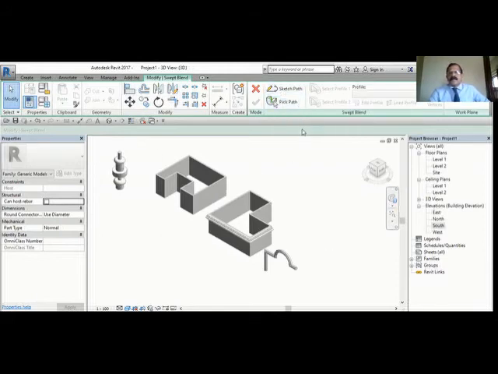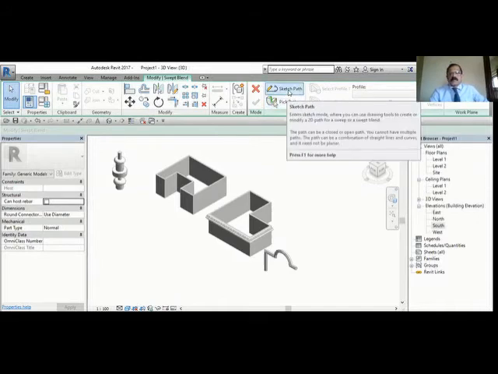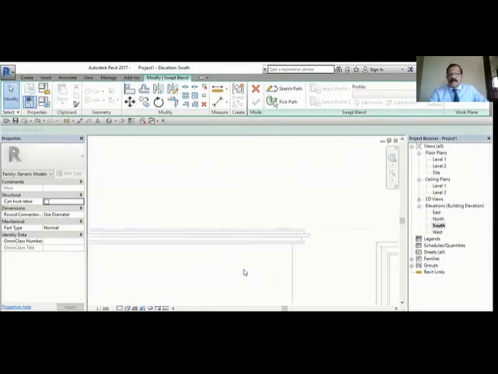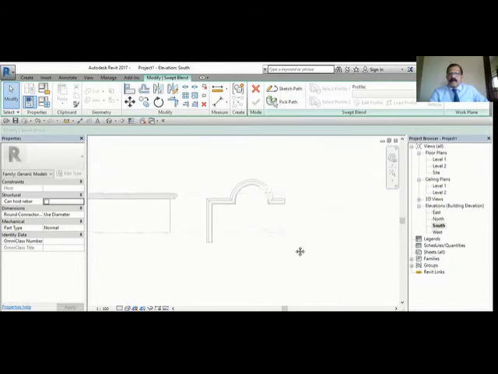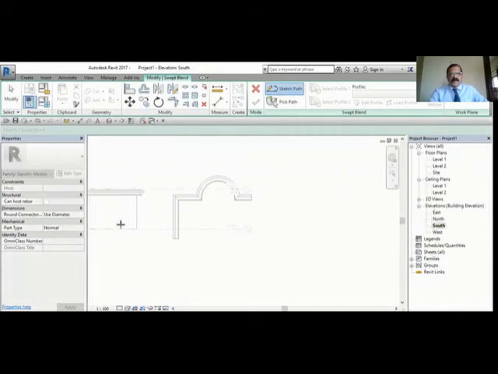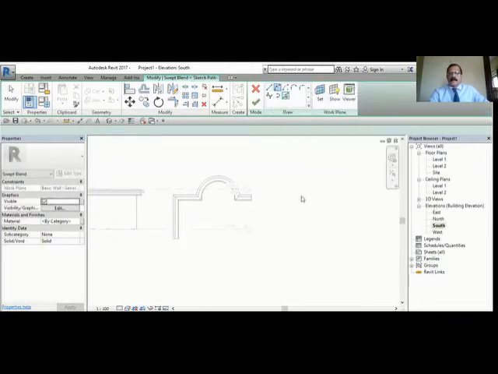Now I'll create a path, sketch path. So it is better to go in the elevation. Okay, so I'm going to sketch a path. So again, you have to show the plane. So I'm showing the plane vertical because I'm in the elevation. It will be easy to understand. Now you create a path. Suppose this is your path.